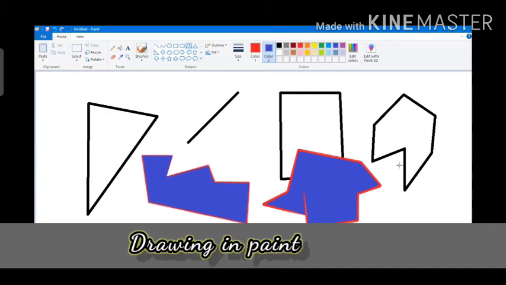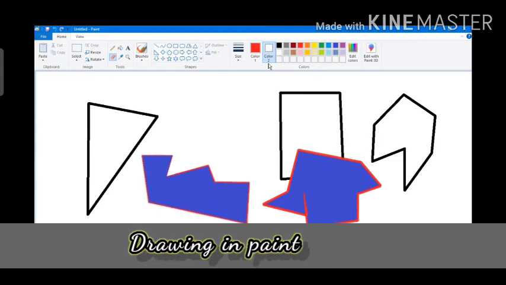Now if I feel that I want to erase something, then I can use this eraser tool over here, and I can select the size of the eraser. Now I can just click on the mouse and drag that eraser over it like this, and that particular line or shape or whatever it is there will get erased. You can change the size, you can take a big eraser also, okay, but color 2 should be white, then only it will get erased.